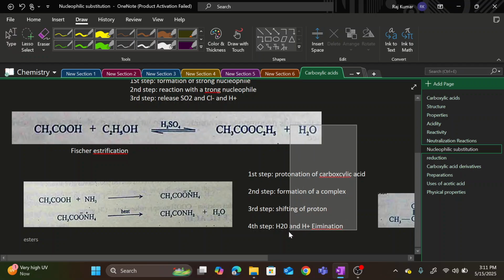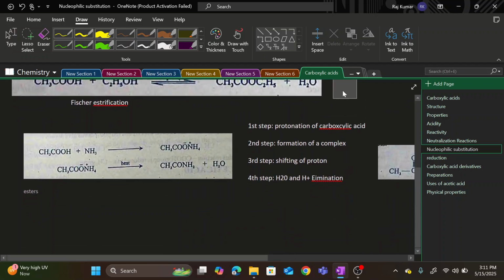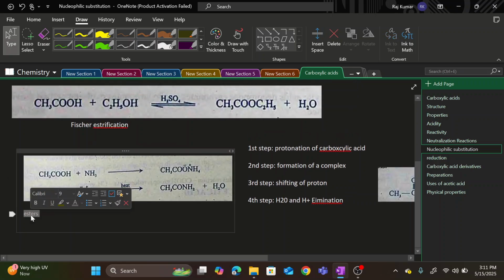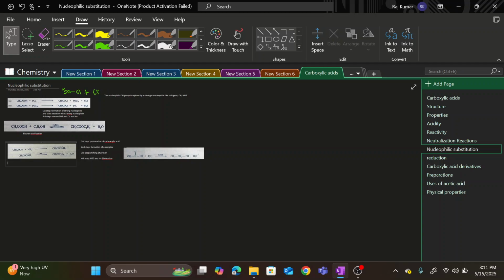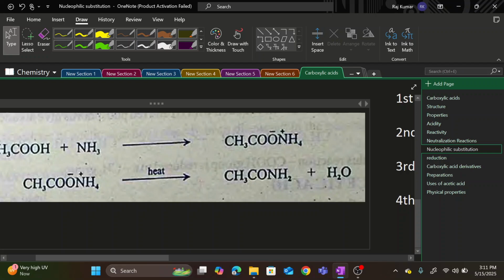So now let's move on to the other part, which is formation of amides. Carboxylic acid can react with ammonia in order to produce amides. This entire reaction takes place in two steps. First, there is formation of ammonium salt. This ammonium salt is further heated to a very small temperature to form an amide. So this is how the entire reaction takes place. This reaction takes place in an acidic medium, but if you conduct this reaction in a basic medium, then that is going to produce a sodium salt of carboxylic acid, and that is going to produce an amide,